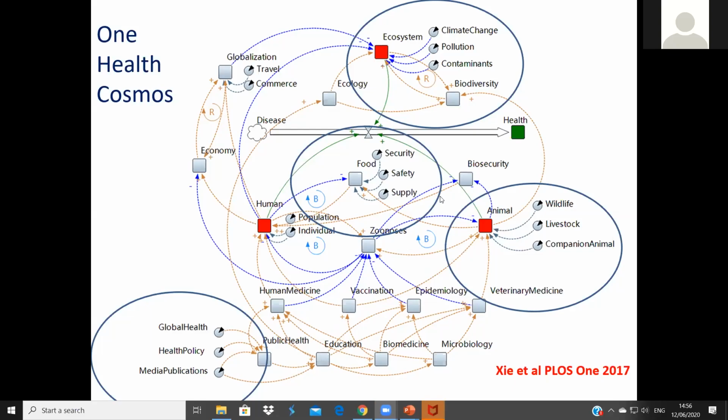So this whole thing will impact how the diseases' presence will be lowered. For example, the blue lines show that the diseases will be less, because if the economy improves, there will be lesser zoonosis. If there are lesser animals, then there will be lesser zoonosis, something like that. But then biosecurity is another issue. This is a controversial issue, how this virus emerged, but biosecurity is another issue that we have to think about.